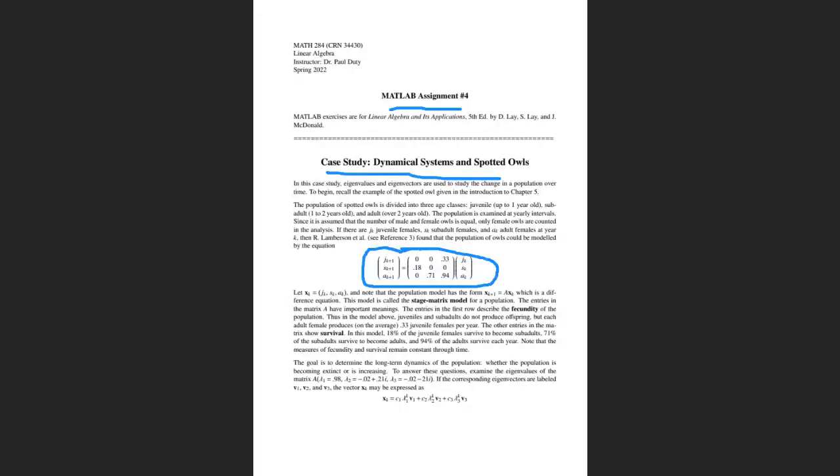For the introductory example, they say here, hold on. So this is our matrix A, and we found the eigenvectors and eigenvalues, and they're saying that